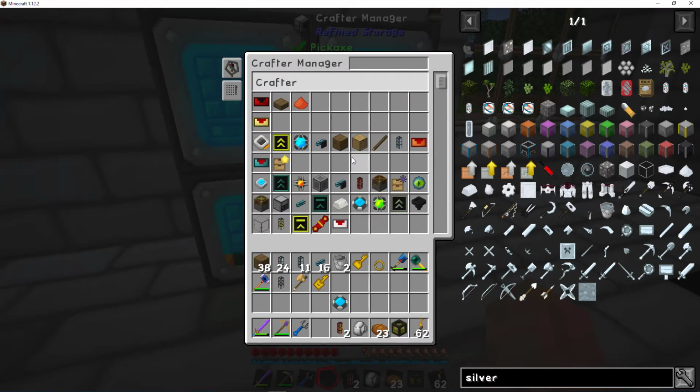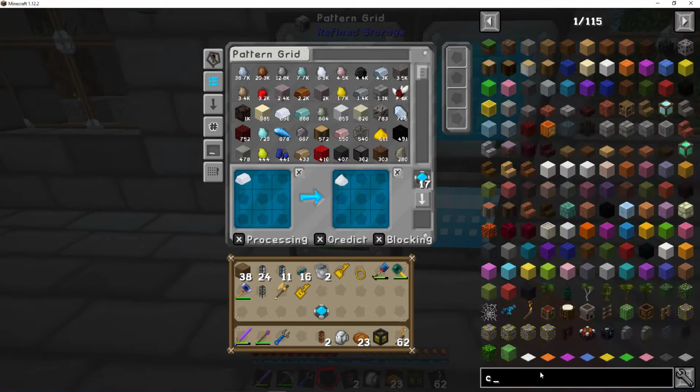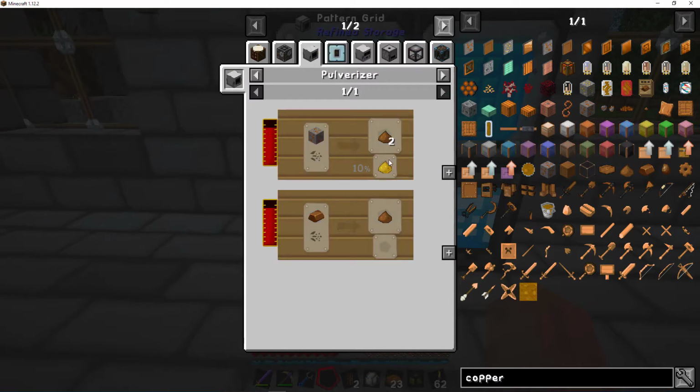Where did I put the copper? Oh, I didn't make the copper. Well, that would explain why. I didn't make the copper pattern. Copper, pulverized copper. It's made in the pulverizer with